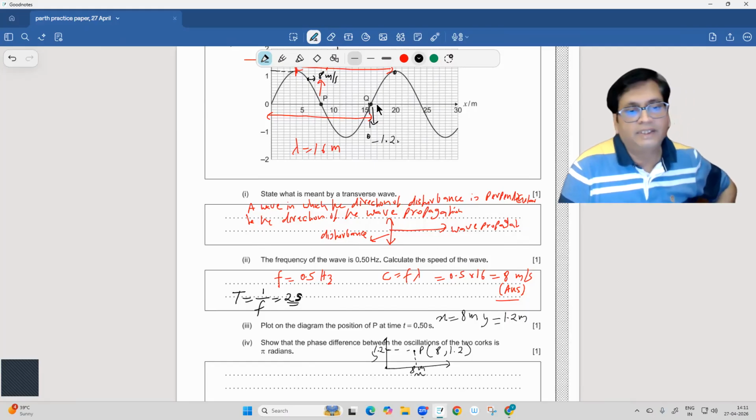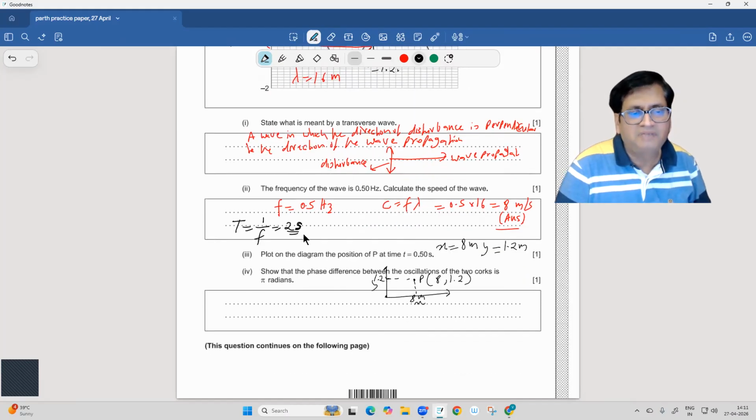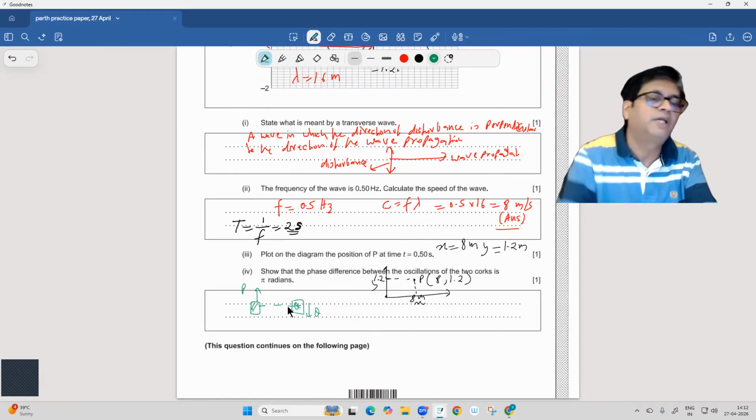Okay, like that, so you have to see it happening, right? It is very simple this way. Show the phase difference between the oscillations of the two corks. So these are the two corks P and Q, right? This is one cork, it is going up right now, and the Q cork was going down. So what is the phase difference between them? 180 degrees,